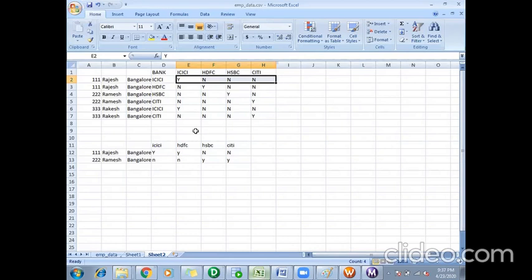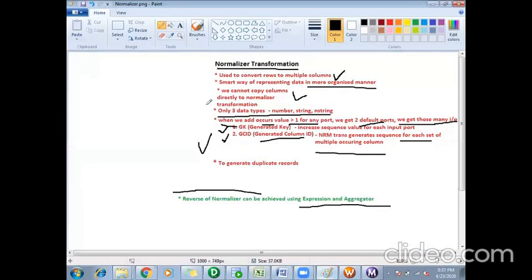Based on the code, you can capture how the data looks in your Excel, or you can check it in debugger mode also. Okay, any doubts here? Guys, this is about the normalizer transformation. So normalizer and denormalizer are both reverse of normalization.